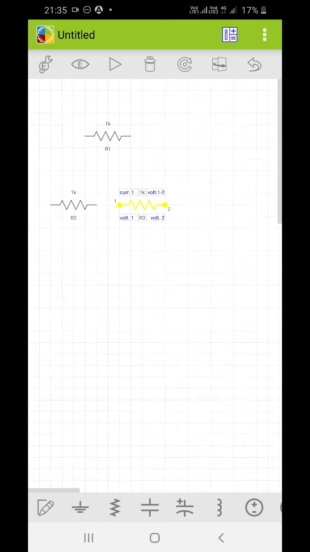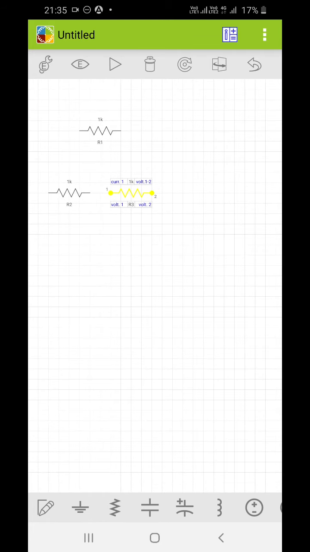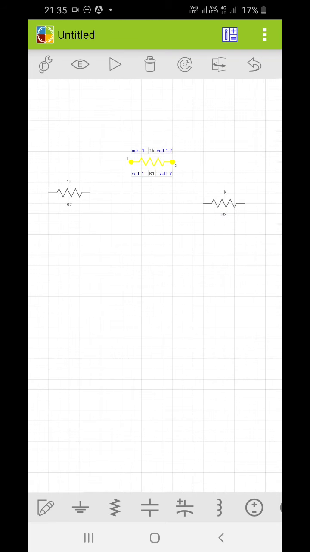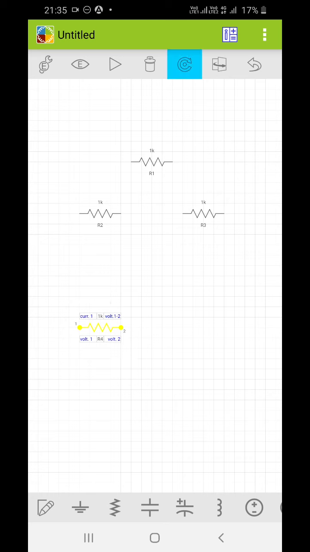You can zoom in and zoom out as you do regularly on your mobile. You can move those components just by clicking that and dragging that component to desired location. If you want to rotate that component, then you can click on that component and you can click this symbol, so it will rotate.